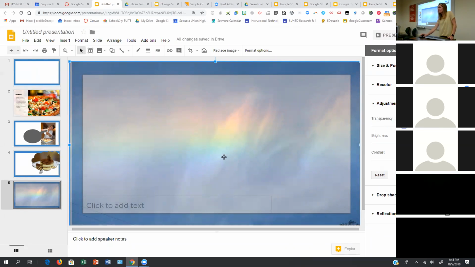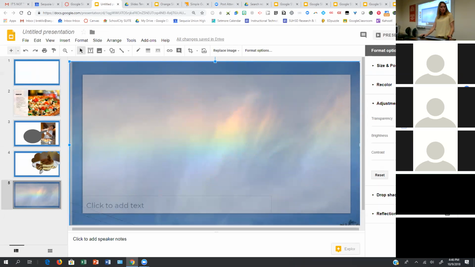So then you can add text on top of it, and it doesn't overpower. If you do that, make sure that you make the image transparent enough that the text shows up, and that you make the text bold enough that it shows, right? So you just have to be a little bit careful, but that's a way to add to your theme.